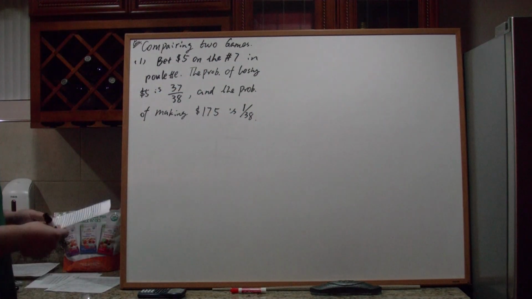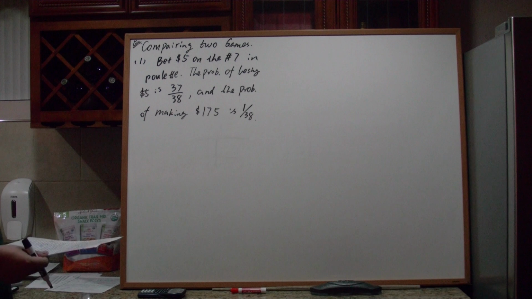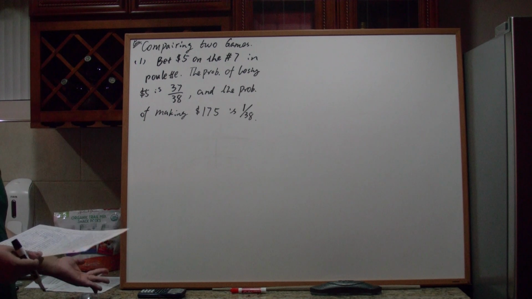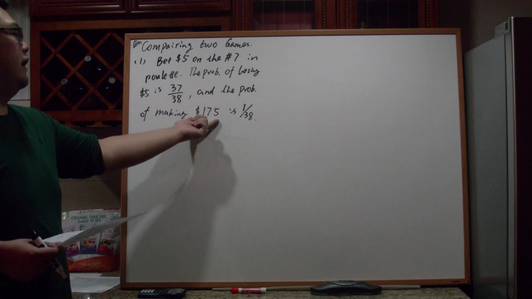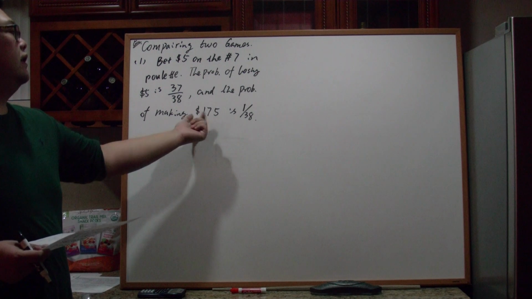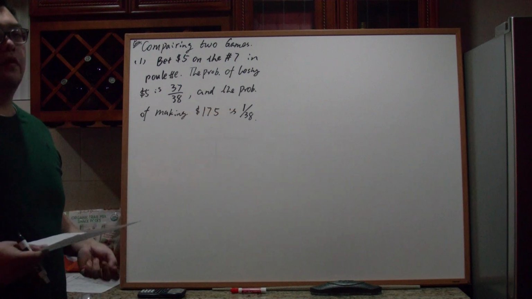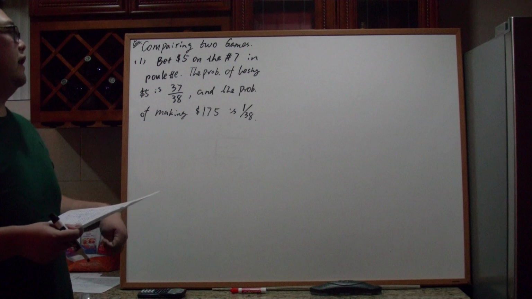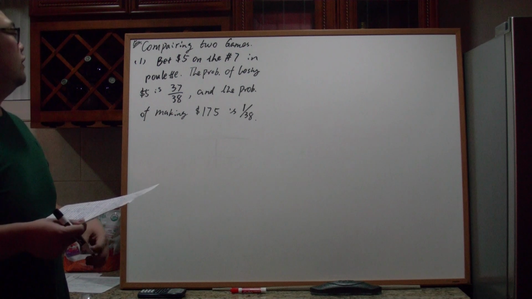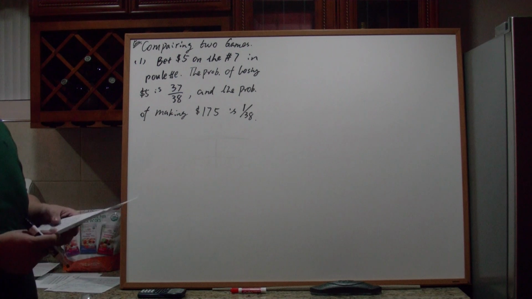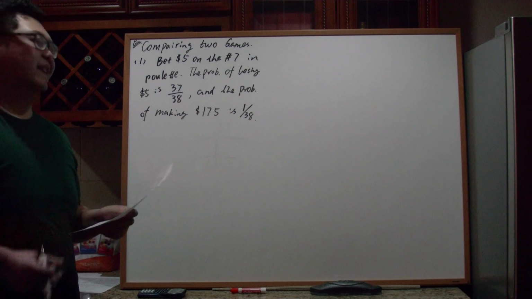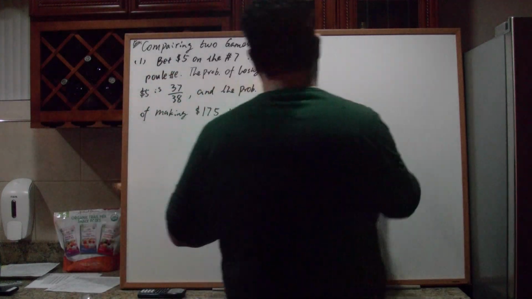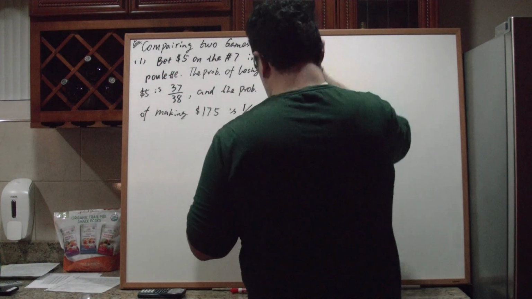Well, bet $5 on the number 7 in roulette. The probability of losing your $5 is 37 out of 38, and making a net gain of $175 has a likelihood of 1 out of 38 chance. Pretty much, that's 38 different numbers on the roulette. Maybe it's a different way, I don't know. I'm not familiar with gambling that much, but that's what it is. Or the second option,